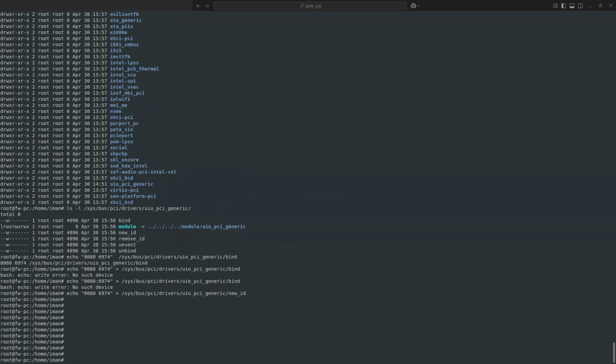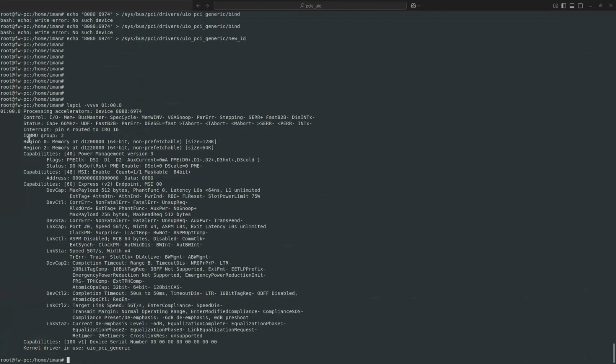So now if you look at the information of our device by using the lspci command with the dash s switch and providing my address, bus, device, function, you can see that something is added.